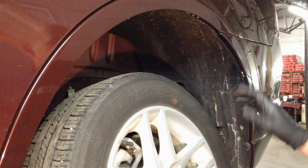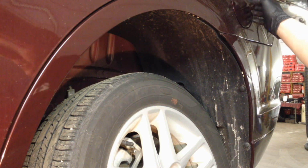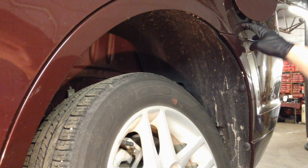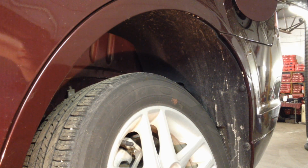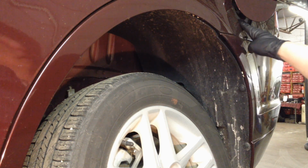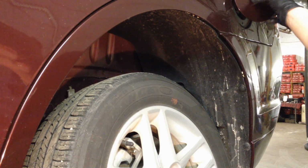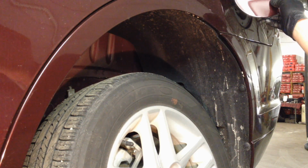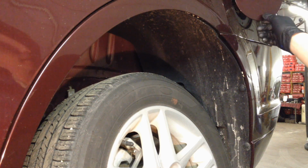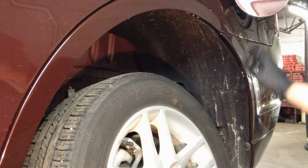Alright, so this one, just like the other one, the door is broken up here, so it isn't doing anything to seal and put that pressure against the housing seal and actually seal it up. So I'm changing the neck and the housing that actually contains the return spring for this door. This door actually pops off that housing, so you don't have to get a new one or get it painted, nothing like that. So I'm going to show you how to change this housing out, and of course the filler